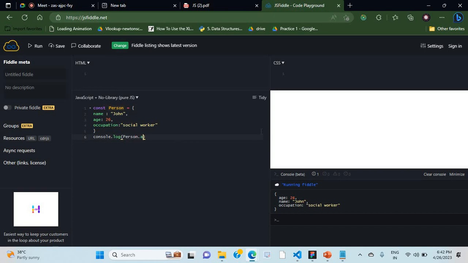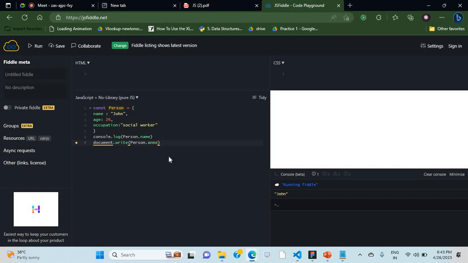Dot age. See everyone, dot age, 26. If I want to print the name, see, you will get like this. If I want to use document.write,